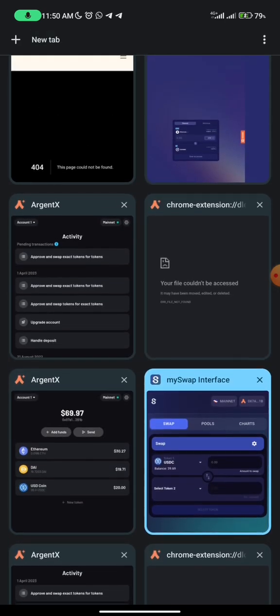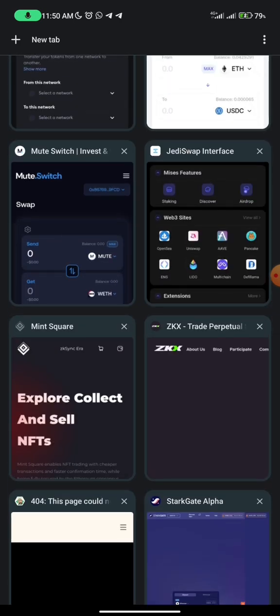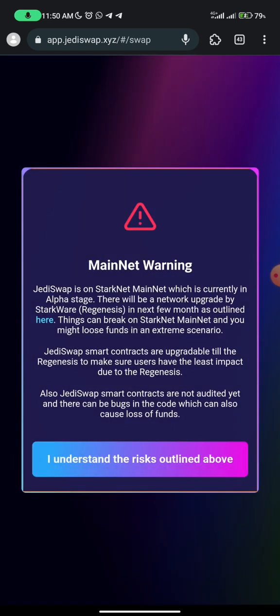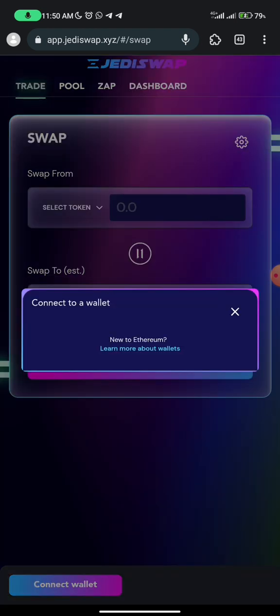The next task is to use JediSwap. JediSwap is one of the top swaps on Starknet, so that is why we are going to use it now. When you come to JediSwap, the first thing you need to do is connect your wallet as usual. After you click on connect wallet, then